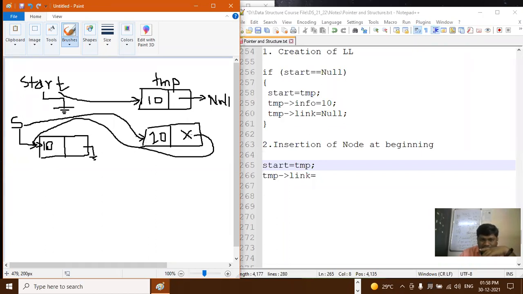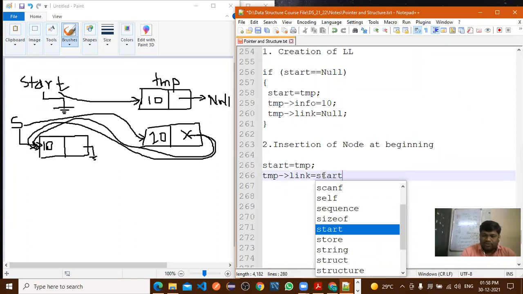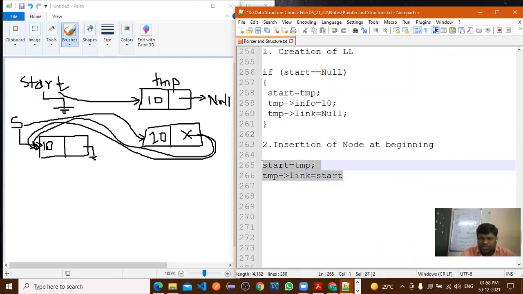And if start is equal to 20, what will be the next link? ती कोणाची असेल? 10 ची असेल, बरोबर आहे. पण ह्याला अगोदर काय होती लिंक? स्टार्टची लिंक होती. So by writing these two statements, you are able to insert the node at the beginning of the linked list, right?